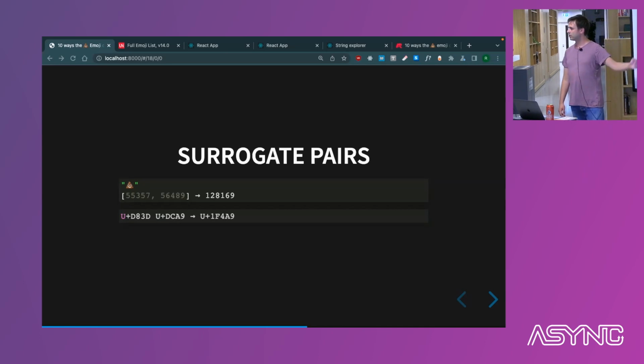The high surrogate should always be first and the low surrogate should always be second. You can't reverse them and get the same thing. It's not like taking 10 and 5 and adding them together to get 15 and then inverting it to get 5 and 10 together to get 15. You can't do that with these surrogate pairs. Just to hammer this one home,